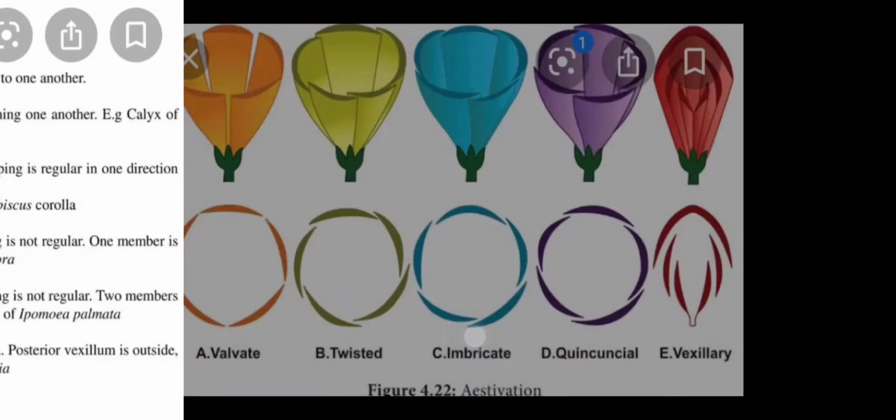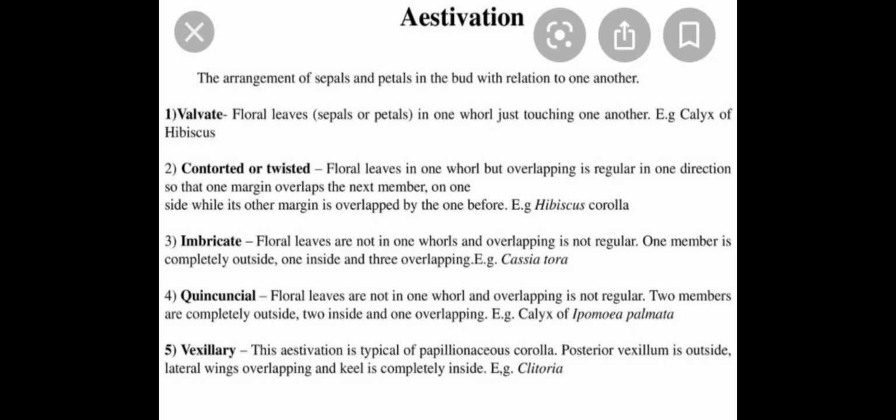So these are the different types of estivations that you